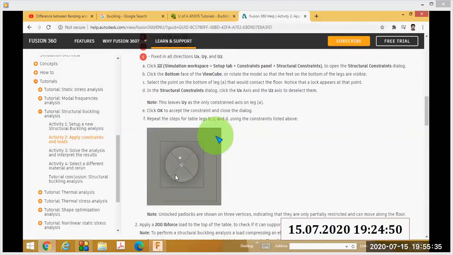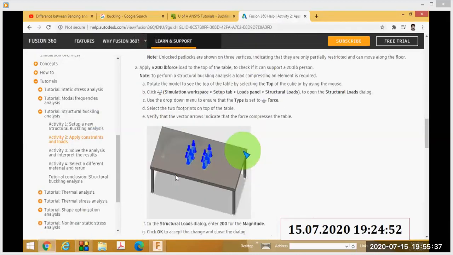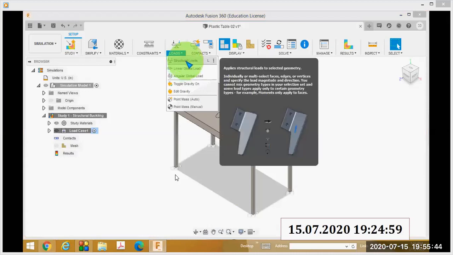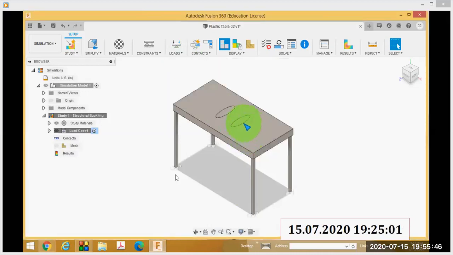Then I will apply a compressive load on the top of the table, a 200-pound force load to the top of the table. Click load, structural loads.